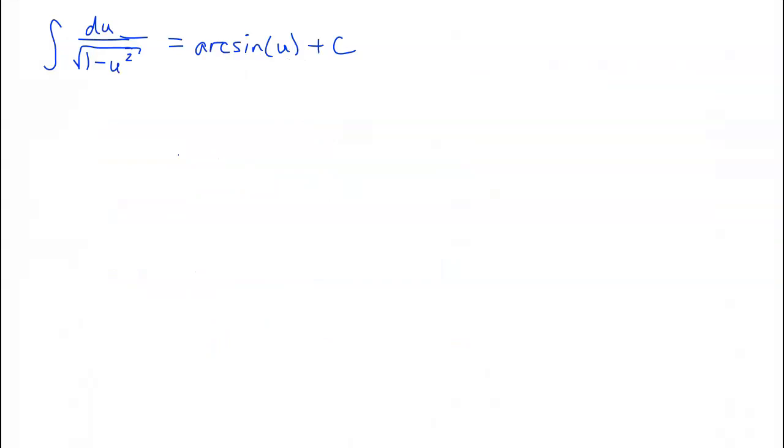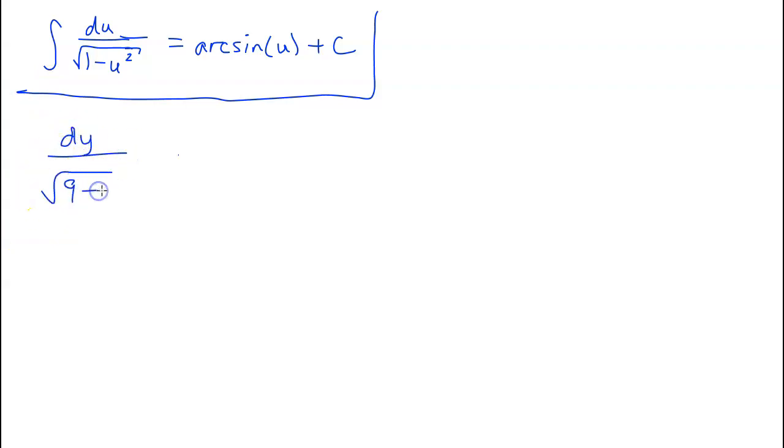All right, so if you're wondering how we know that the integral of what we had on the left side of that equation ended up being arc sine of y divided by 3, well, we start off by knowing that in general, the indefinite integral of 1 over square root of 1 minus u squared is just arc sine of u plus some constant, okay? So one thing that we can do here is, if I'm looking at, let's see, making sure I copy this correctly. If we're looking at this situation here, one thing I can do is factor out a 9. Okay, so if I do that, then I will have